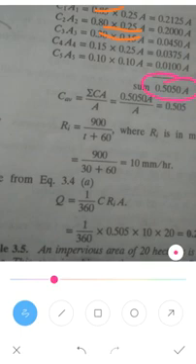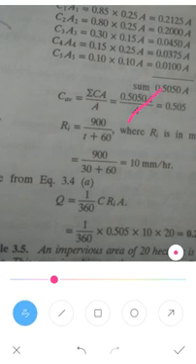This is the summation of CA. The summation of CA is 0.505A divided by the area, whatever area is there, you write it as it is. So you will get 0.505. After calculating the CA value, divided by the total area, you write it as it is. Area is in both, so it will get cancelled. So finally the C value, this coefficient of runoff, you will get as 0.505.